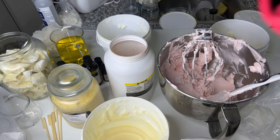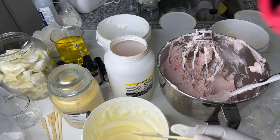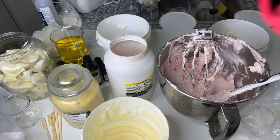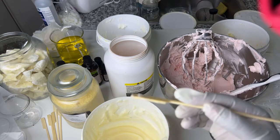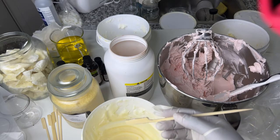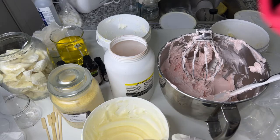You could add some peppermint essential oil in there, a few drops of eucalyptus. Be very careful with the eucalyptus, use it in moderation. You could also use this butter with menthol crystal. You could melt your menthol crystal lightly and add it to that butter to make a beautiful balm. This could help if your clients are athletes or mature people. This would be a good butter. I love adding this